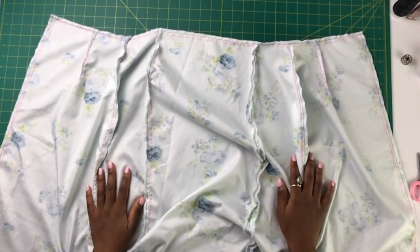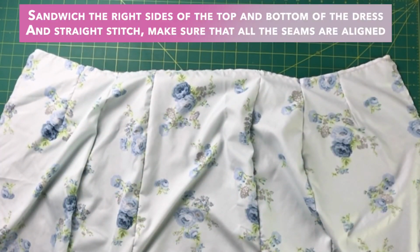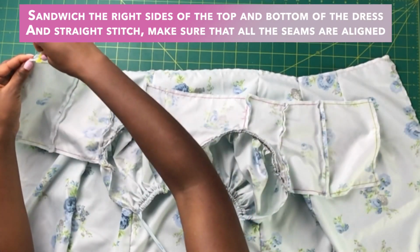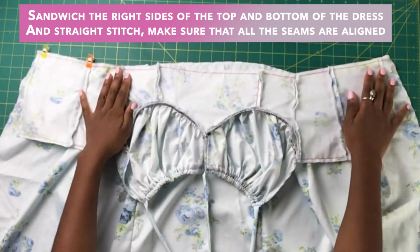Then I took the bottom part of the dress and I flipped it so that it was right side facing up, and then I took the top part of the dress and I sandwiched it on top of that bottom pattern, and I just made sure that both of the pattern pieces were right sides facing, and then I just